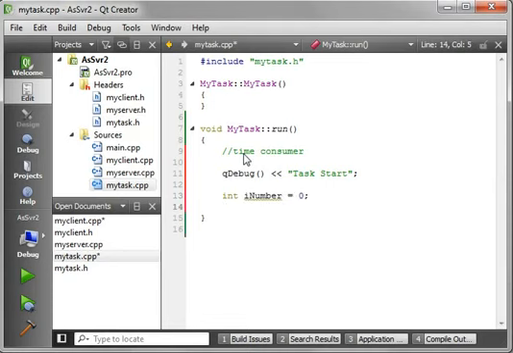And we're just going to say for int i equals 0, i less than, we'll say 1,000. Actually, let's just do 100 just for giggles. i plus plus. And you can do any sort of time-consuming task you want. We're just going to say number plus equal i. We just want to know what happens if we just keep adding this number up over and over and over again. And then we're going to say QDebug